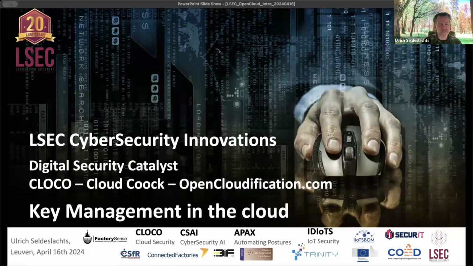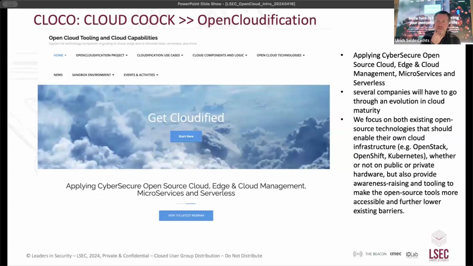My name is Ulrich Salzachs. I'm the Managing Director of the association called LSEG. Together with a couple of partners, we facilitate new developments on activities such as cloud technologies. Specifically over the last year and a half, we have been working on getting developing cloud technologies better to an audience of innovative companies, both here in Flanders as well as in the